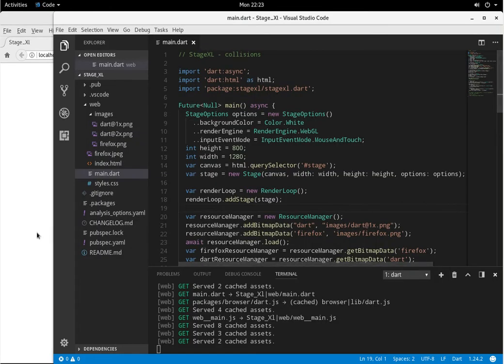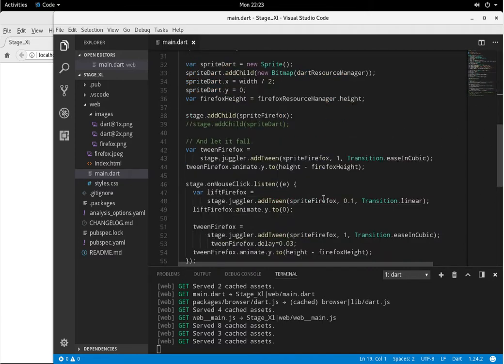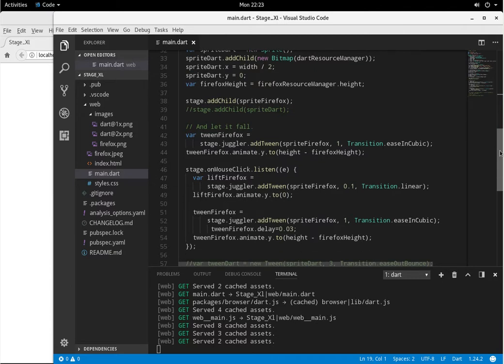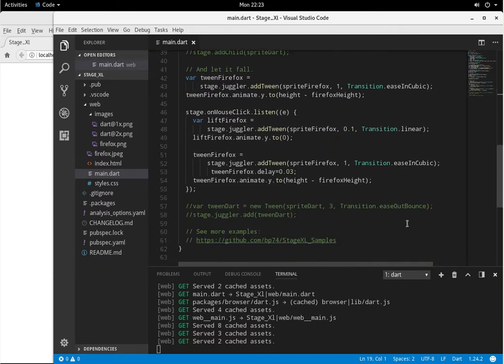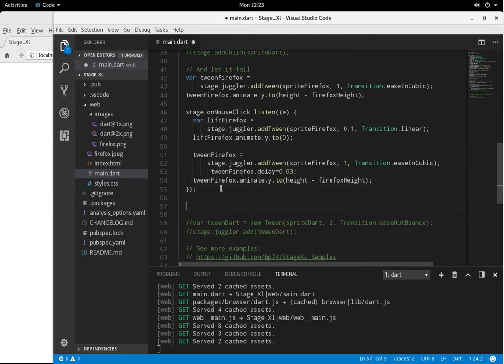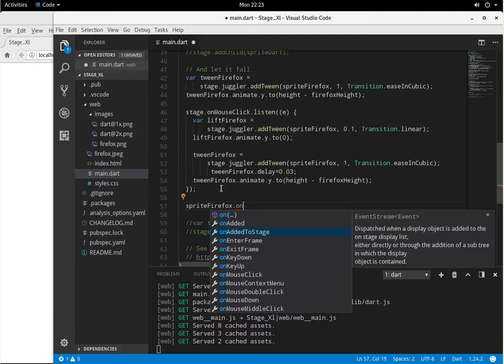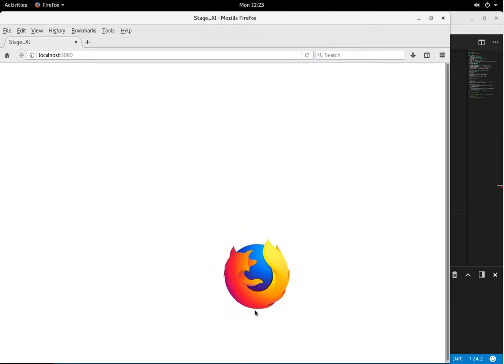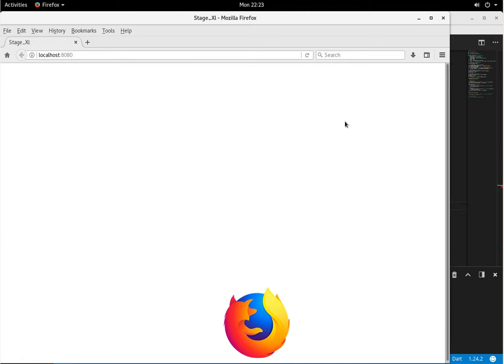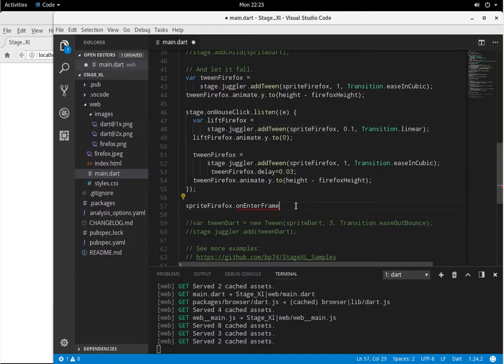Well, we're going to have to create an event, so it's going to have to be this structure, this image right here. Let me go down here somewhere. I'll put it at the very end, right around here. I'll say it's going to be the sprite Firefox dot onEnterFrame. So it's going to be something that starts once this thing exists. Once it enters the frame, it's going to exist here, and then the stream starts opening up, okay? So wherever it actually is, onEnterFrame dot listen,